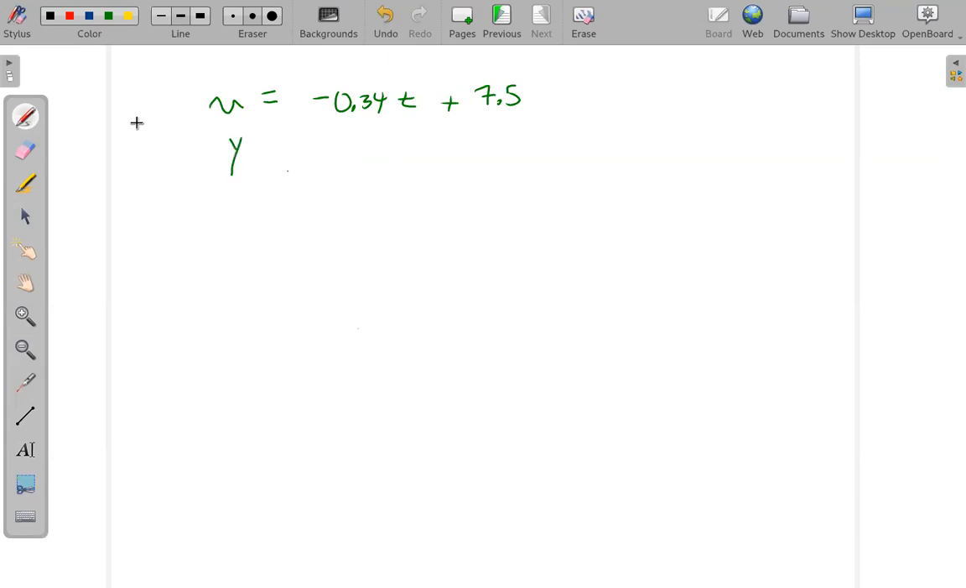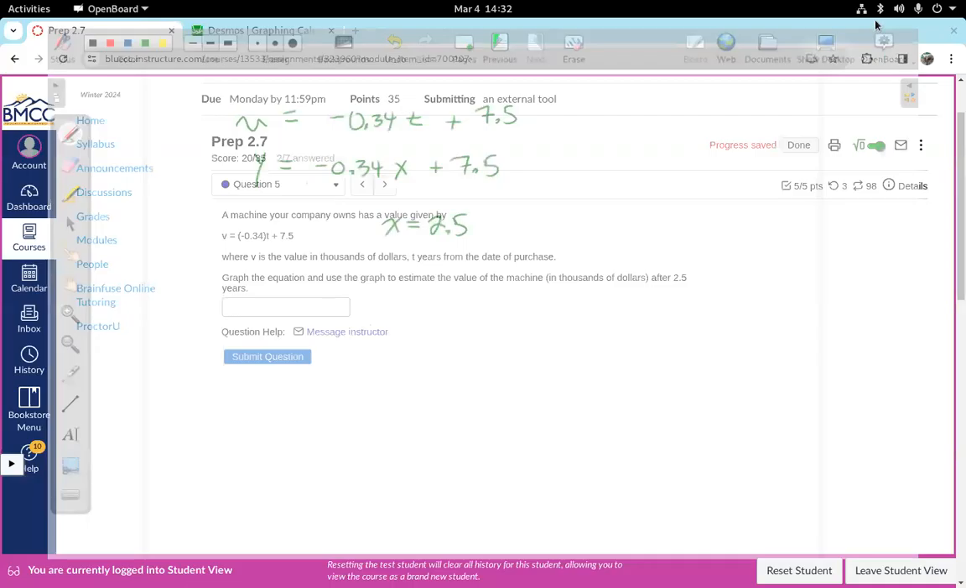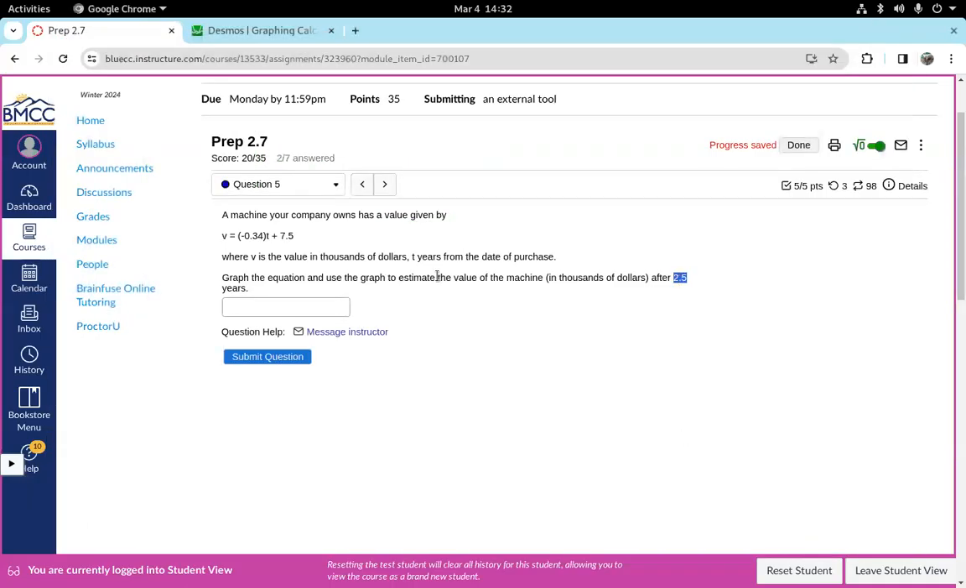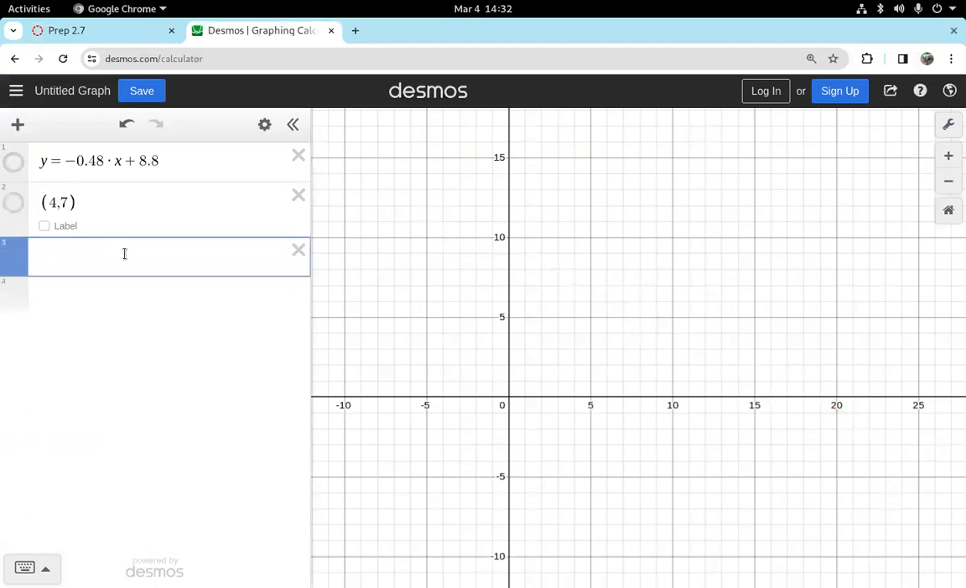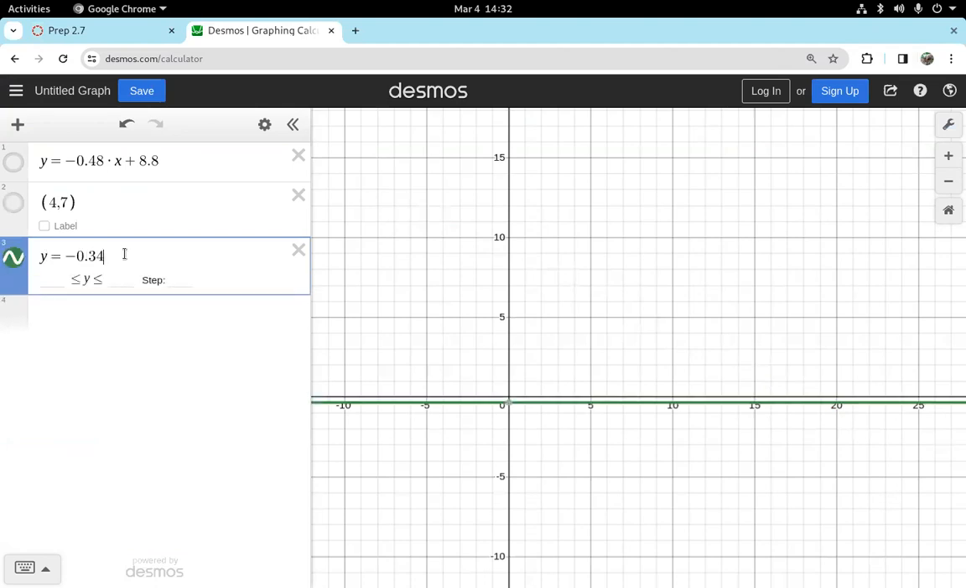I'm going to rewrite this as y equals negative 0.34 x plus 7.5. And then I'm going to use the graph to guess the y value when x or t is equal to 2.5 this time. 2.5 years later. Let's give it a try. So I'm just going to turn that one off. I'm just going to add a new one. Y equals negative 0.34x